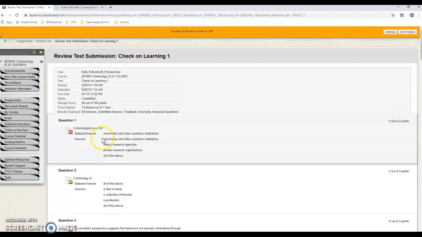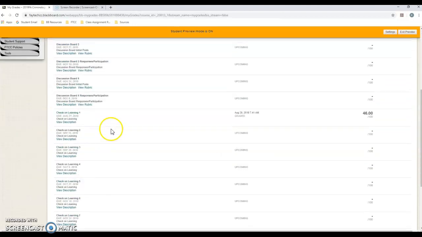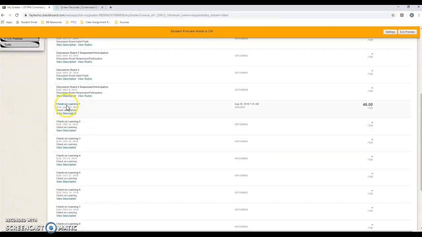I'm actually going to pop back into instructor's view. I'm going to change the due date on this so that it's before today. Then I'll come back in here and show you how this changes after the due date. Okay, so I backed the due date up for Check on Learning 1, so it was before I submitted. If you go into My Grades, scroll down to your Check on Learning 1, and click over here on Check on Learning 1,